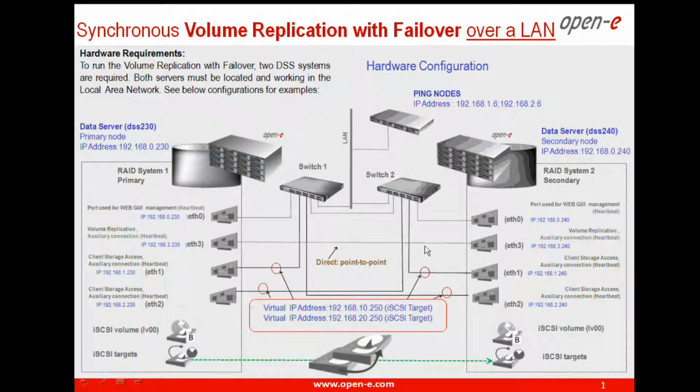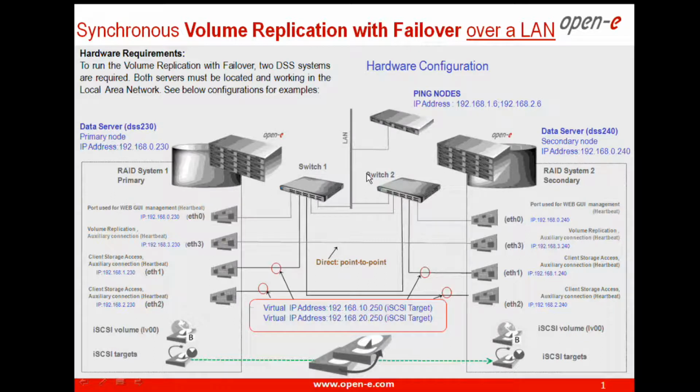The best practice will be a direct connection between the two cards. If not possible, it is not a very big disadvantage if you go over the switch, but there is an advantage with direct connection: let's say two switches are dead at the same time, then of course we will lose access to the storage from our client, but nothing happens in the iSCSI Failover manager. So the primary will stay active and the secondary will stay passive. Okay, that's our chart, and let us